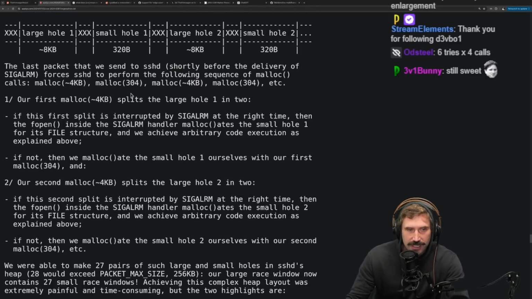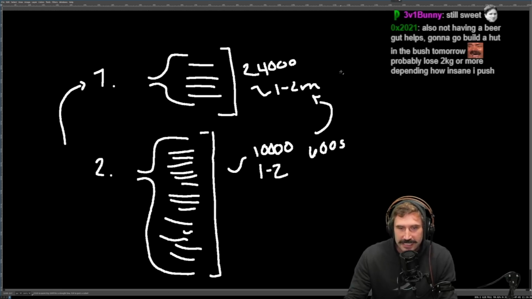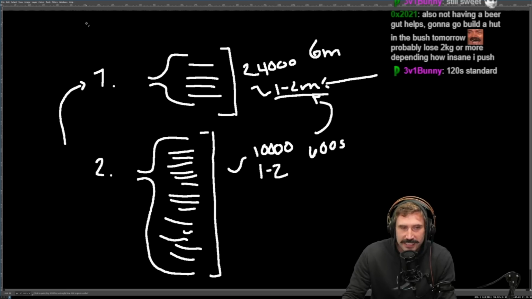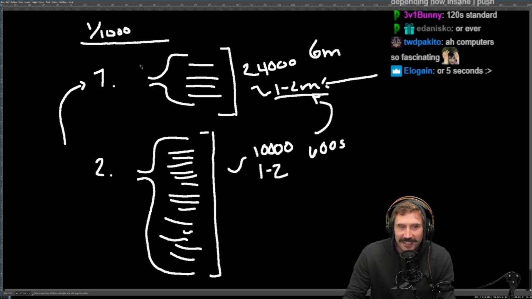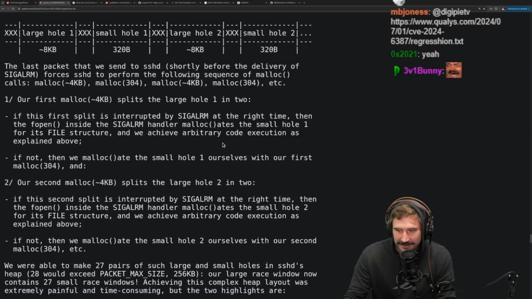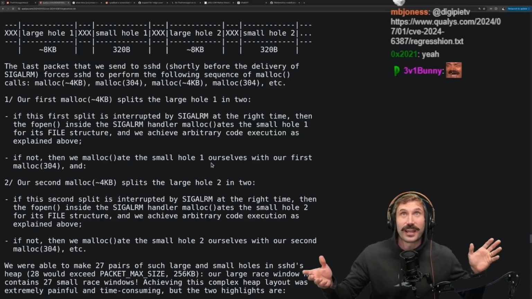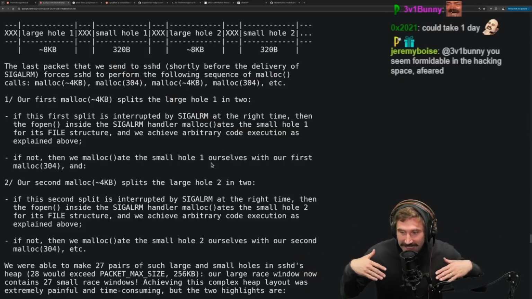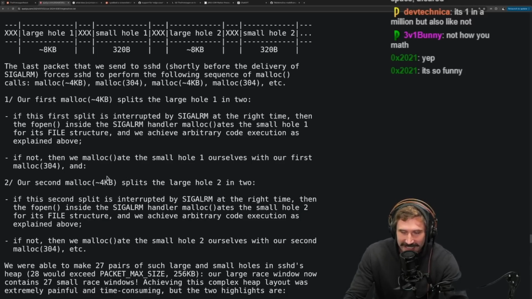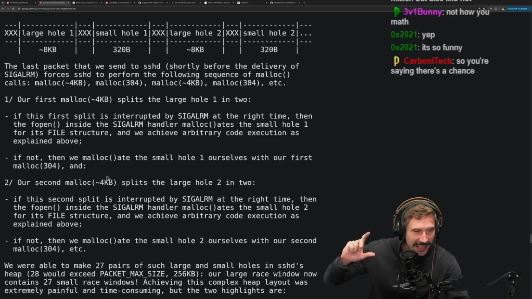That's also statistics. Statistics have no bearing on reality in some sense. Just because it's supposed to be 1 to 2 months does not mean it wouldn't take 6 months, right? It's the funny thing about statistics. When somebody says 1 in a million, it does not mean 1 in a million, right? That's just never what it actually means. I know people say this all the time, and your head thinks of it that way, but that doesn't mean it's real. It's just not how you math. But people's brains think like that. So you're saying there's a chance?